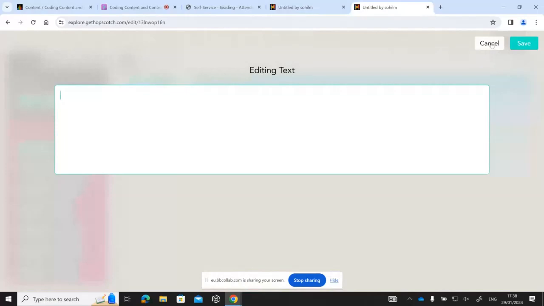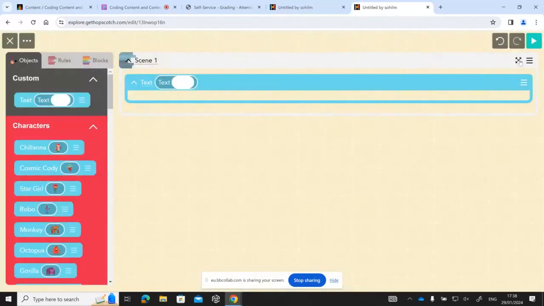And click on cancel first for the text. And then click on this box here and move your text in the middle of the screen, somewhere here. So click on cancel and move the text in the middle of the screen here, because the first track will be in the middle. Click on the tick. It'll take you back to the